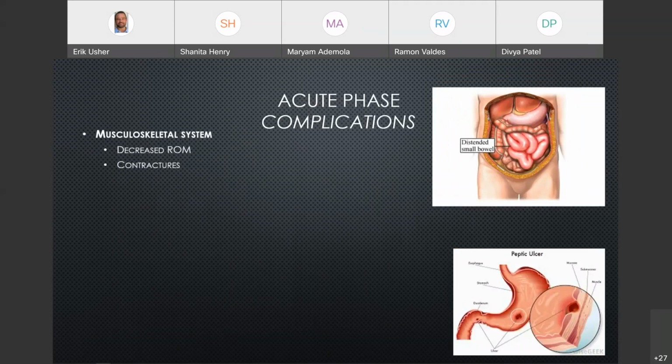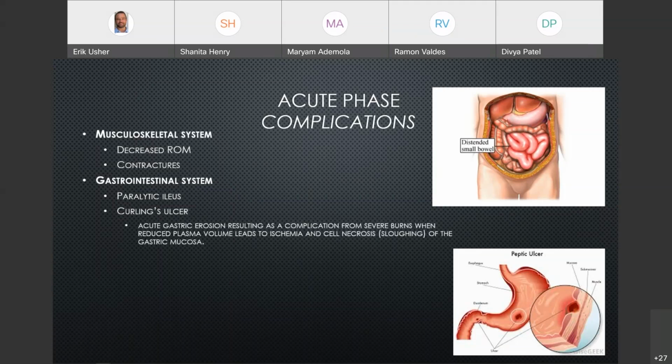Musculoskeletal-wise, they get a decreased range of motion. They can get contractures. In their GI system, they can get paralytic ileus, which can lead to impaction. The Curling's ulcer, remember, is an acute gastric erosion resulting from severe burns. You get this reduced plasma volume, and it leads to ischemia and cell necrosis and sloughing of the gastric mucosa. It's very specific to burn patients. So we assess the stool for bleeding, or if they have an NG tube,